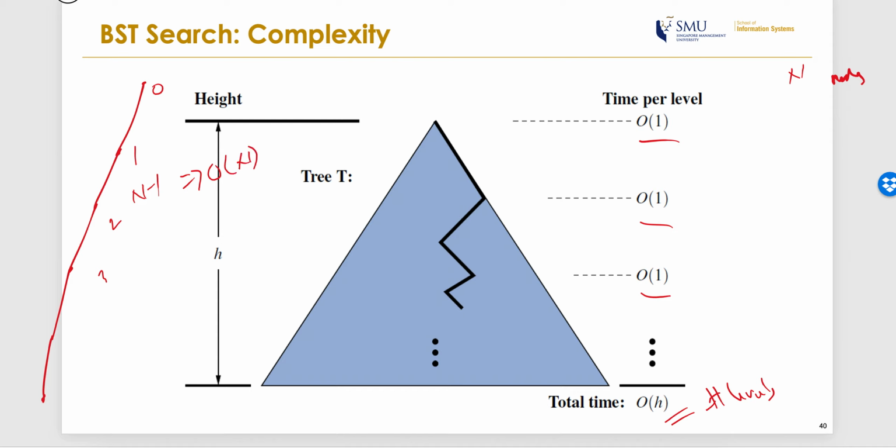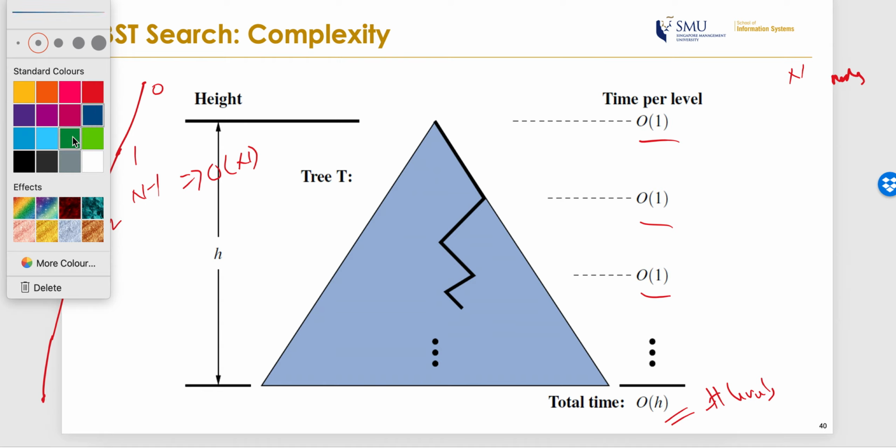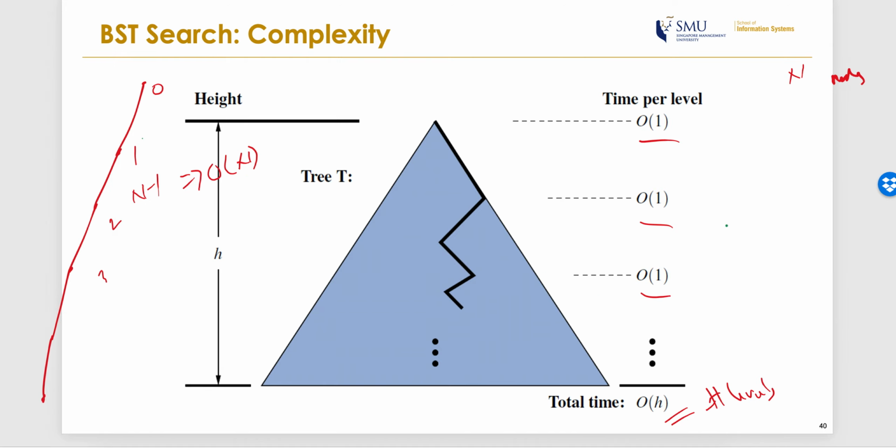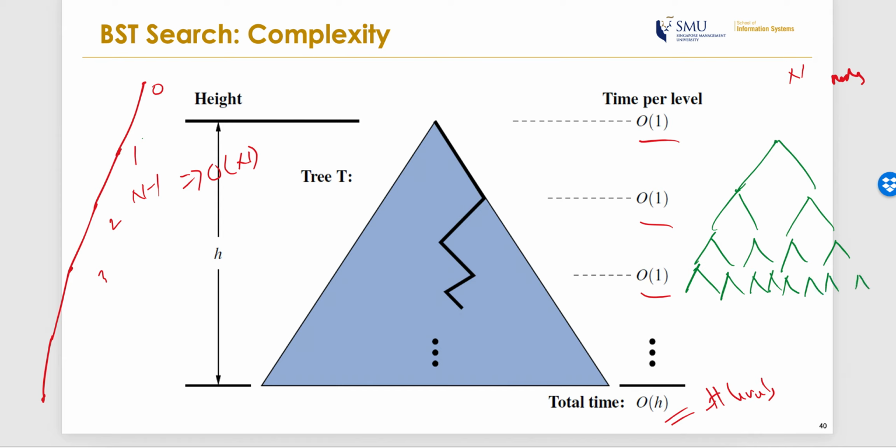Now, you could have a different kind of tree in the best case, right? Best case, you want it to be as short as possible. And to be short, you basically want it to be as full or proper as possible, because then each of them is going to have 2 children, right? So in that case, you're going to be maximizing the capacity of every node, and then the result is that the height is going to be as short as possible for a tree of size n. Now, if this is d, which is the height that we saw before, then in that case, the number of nodes is going to be 2^(d+1)